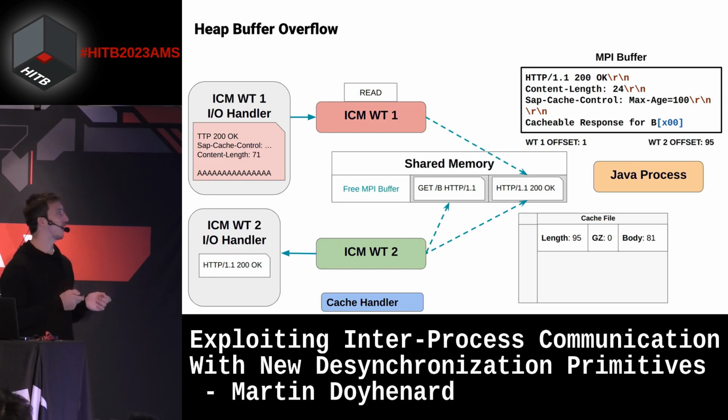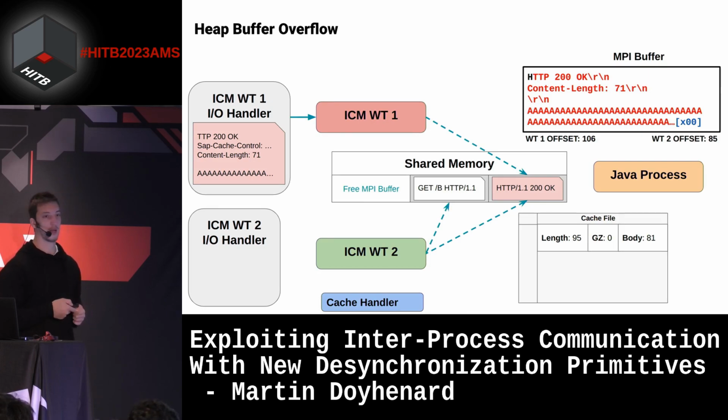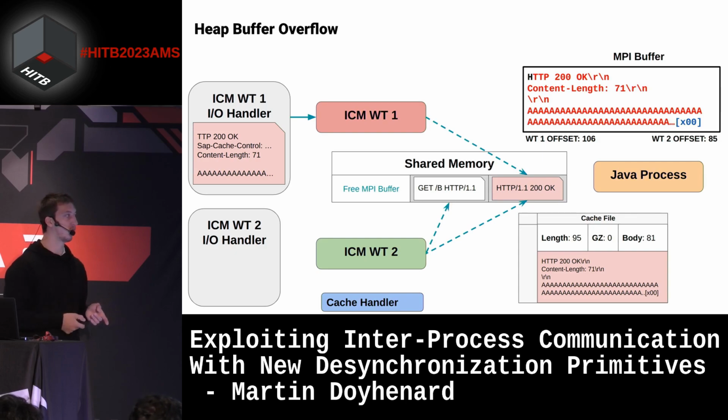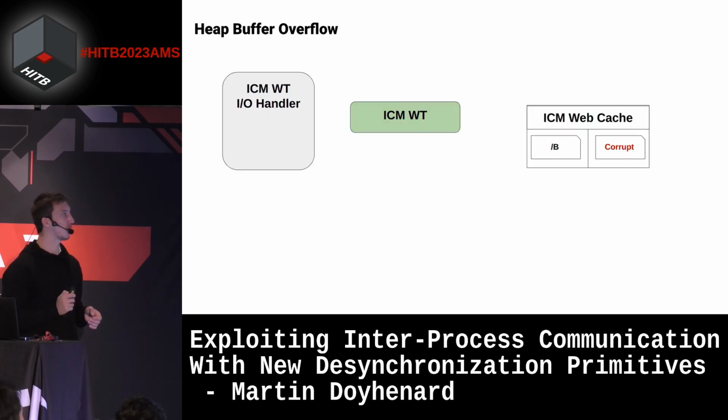But if we are able to modify or tamper the response at that specific moment, and we can tamper it by creating a longer or shorter response, what is going to happen is that the response being stored in this cache file will not match the headers stored here. So the length of the entire request in this cache file states that it is 95. However, we said in the response it is 106. So this response is longer than what is stated in the headers of the cache file. So this is a corrupt file, meaning that when, let's say, someone later tries to access